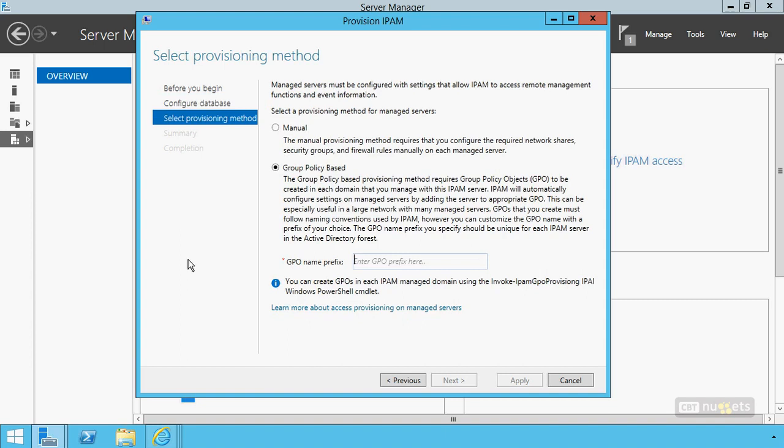So we've installed IPAM, and we're going through this process now of the provisioning for IPAM. And we have a one-time decision that we have to make that once we make, we can't change. The only way you can change this provisioning method after installation is by reinstalling IPAM. These two methods are, as you can see here, the first being the manual way, and the second being via